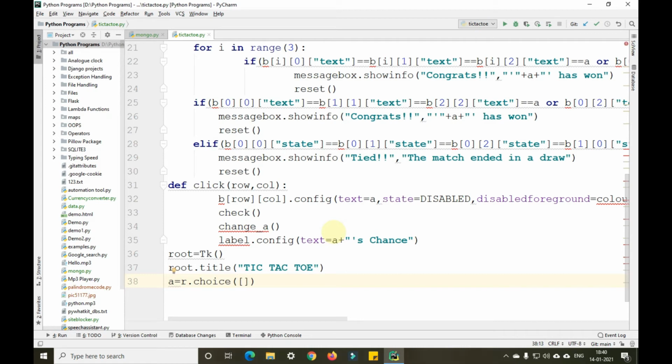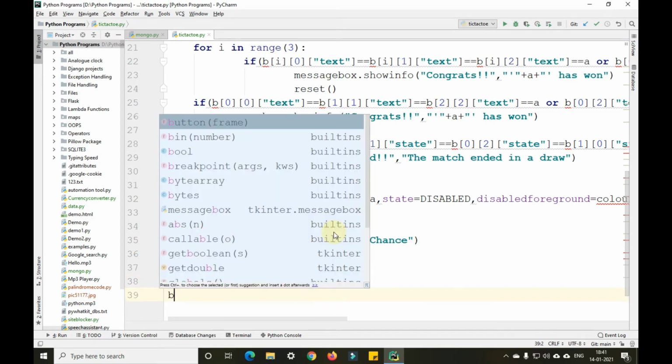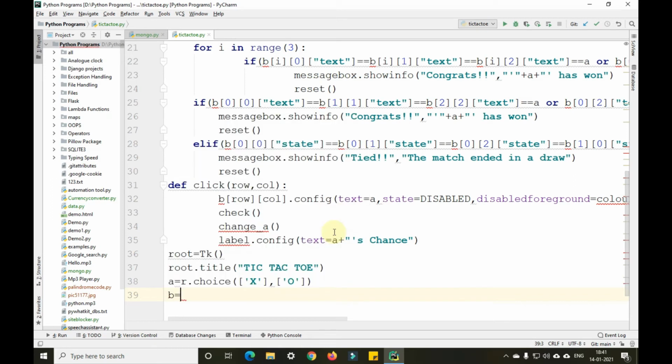We'll define it in the form of a list: X, comma, then I'm defining another here, O. Then after that, I'll give the B array here.